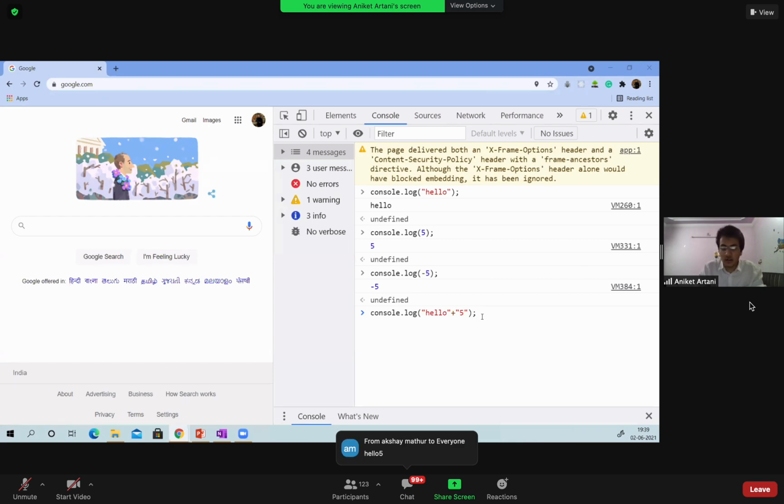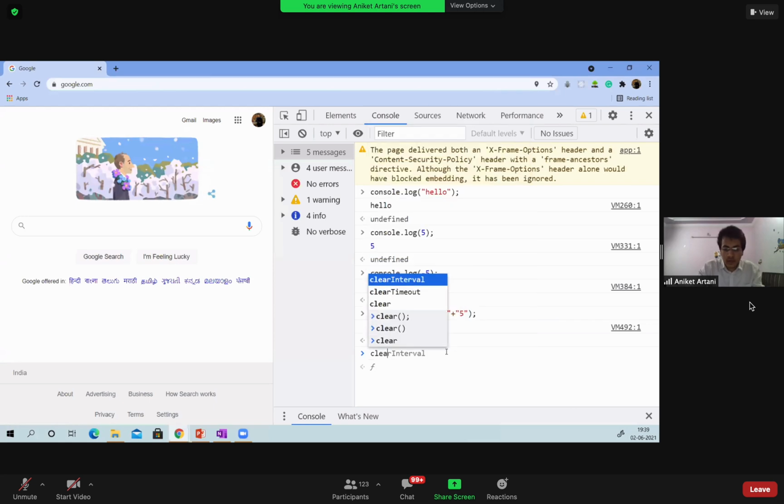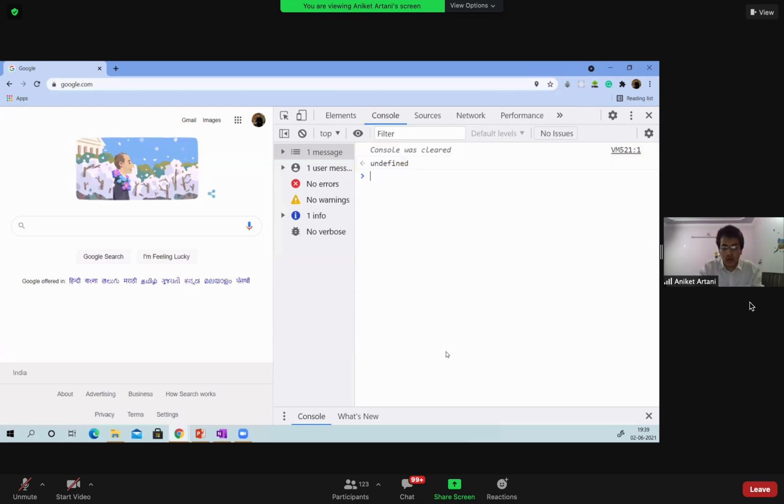Yeah, you all were correct. It will return hello5 because it will treat 5 as a string and concatenate hello and 5. So what is going on here is string concatenation. Let's move ahead with other things. Let me clear this.